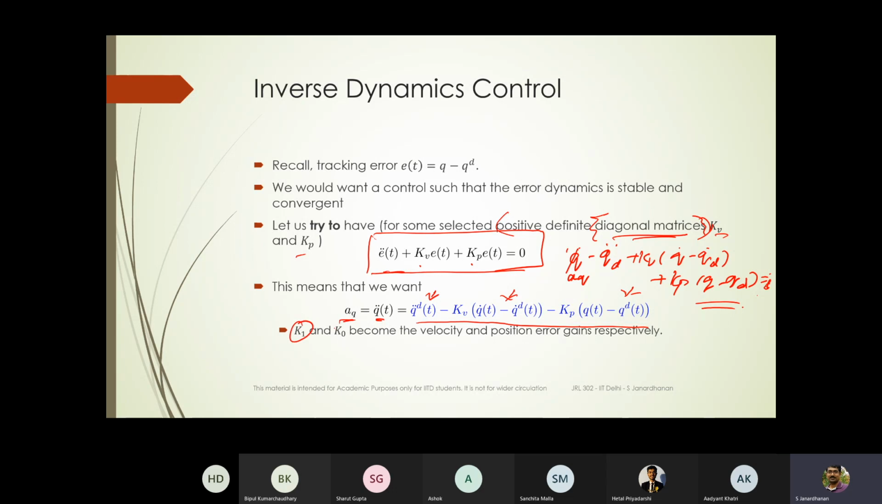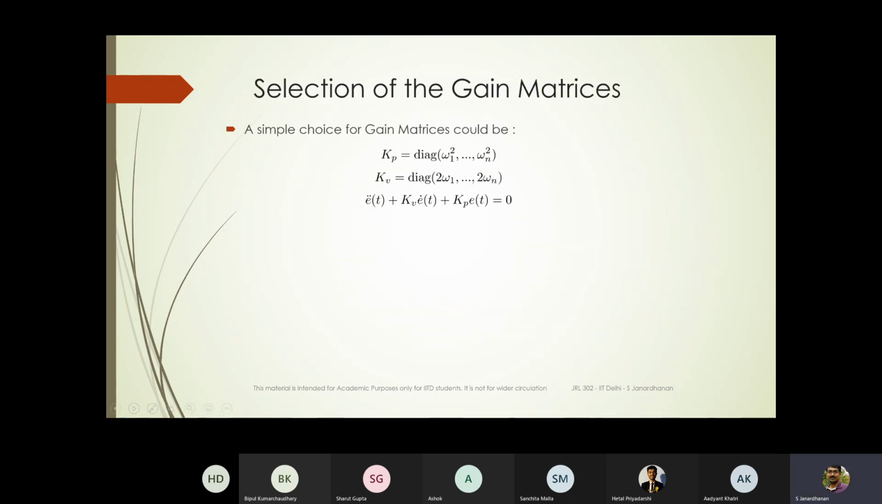Okay, so this should not be K0, K1. This should be KD and KP. I have to make that correction. Okay, so let's say, as I said, a simple choice for KP and KD, one of the choices,